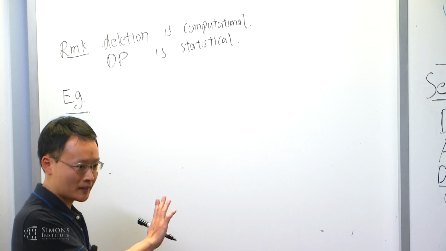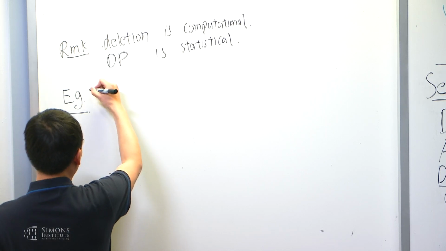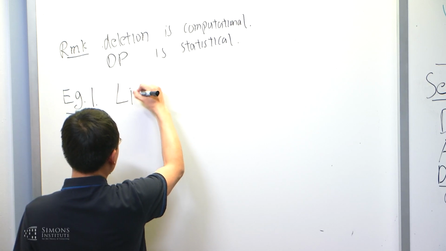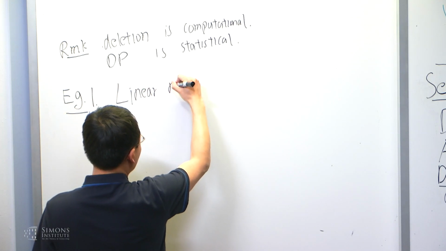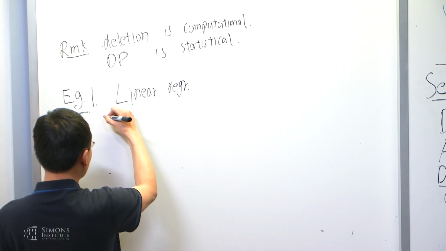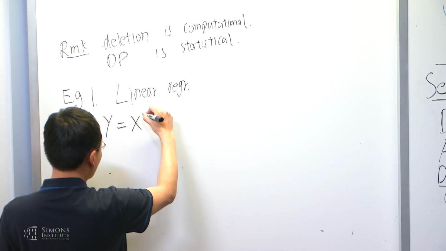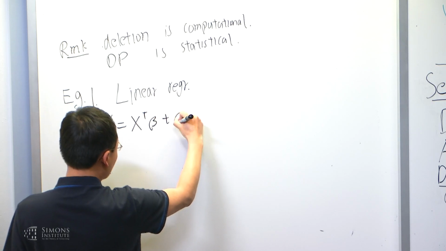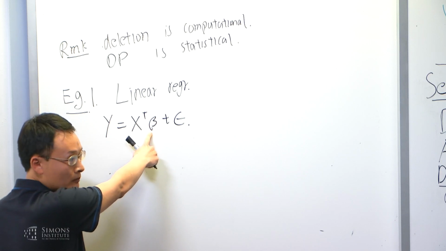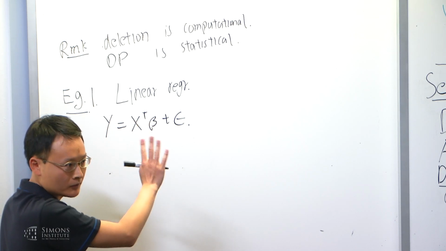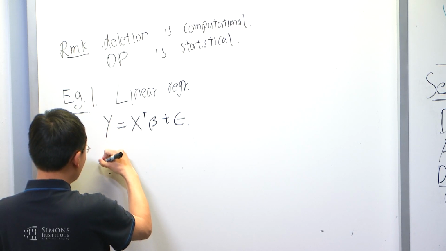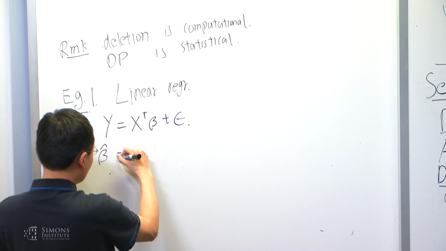Can I actually just push down a bit more? So the first example is linear regression as a warm-up case. I have y equals x beta plus some epsilon. Here the learning algorithm should somehow figure out beta. You can use whatever your favorite way is to do it. So the standard way to